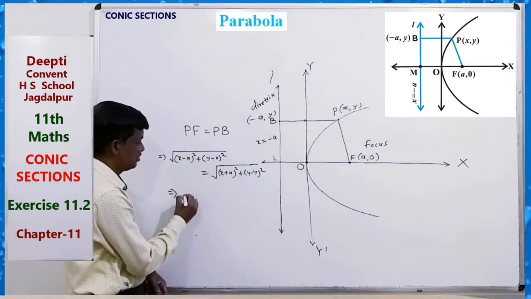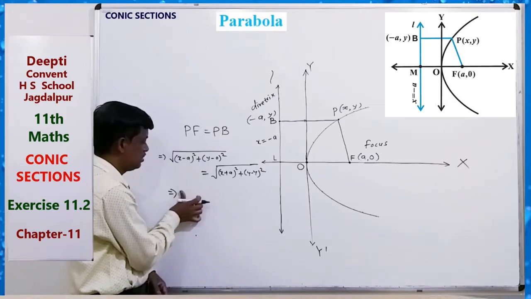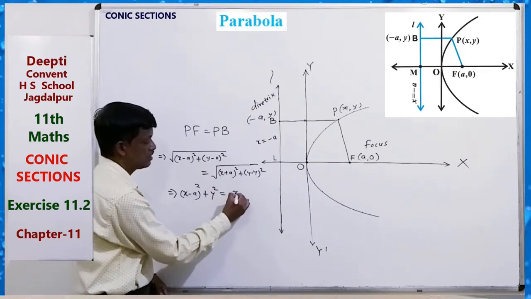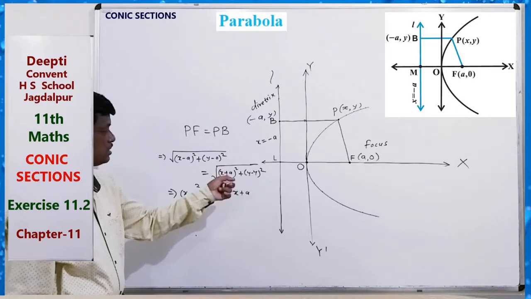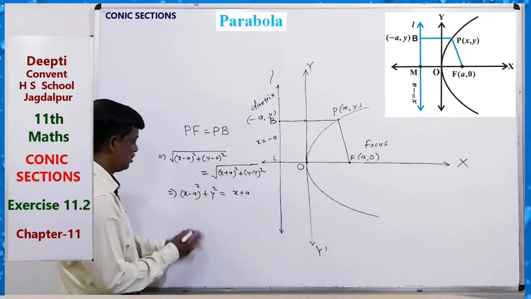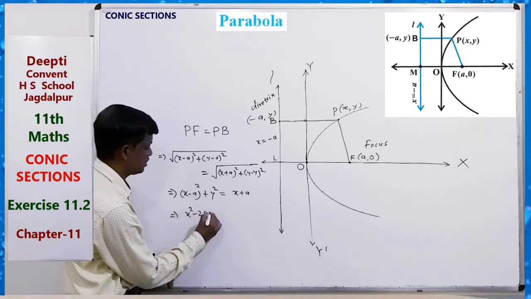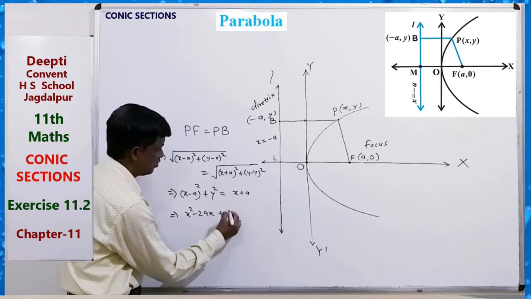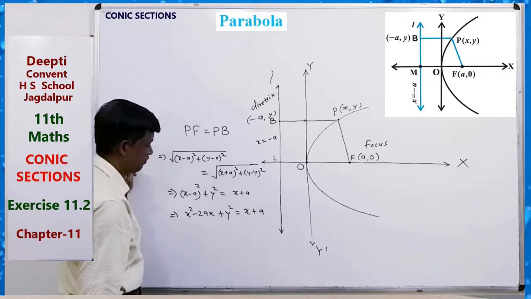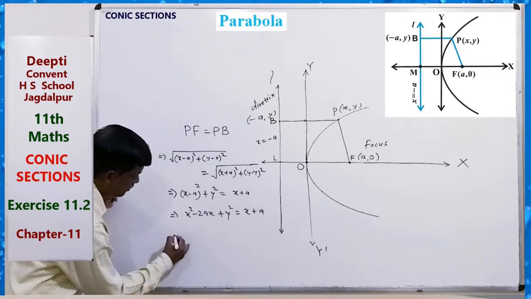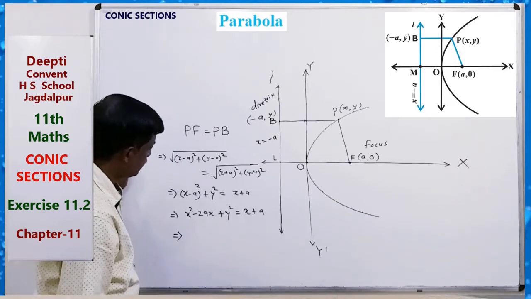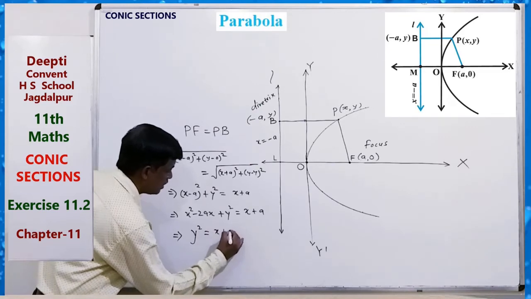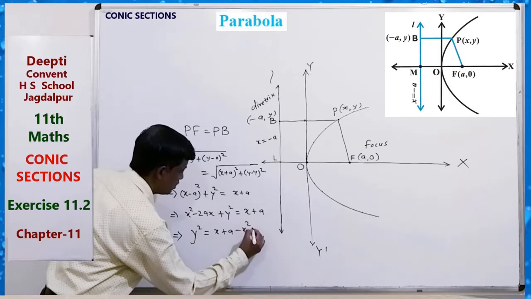This implies, just squaring on both sides, we can get here (x minus a) whole square plus y square, y minus 0, and here x plus a, because this is 0, x plus a, just taking the positive sign. Now just solve it. x square minus 2ax plus y square equals x plus a. Okay, so we can see that here y square equals x plus a minus x square plus 2ax